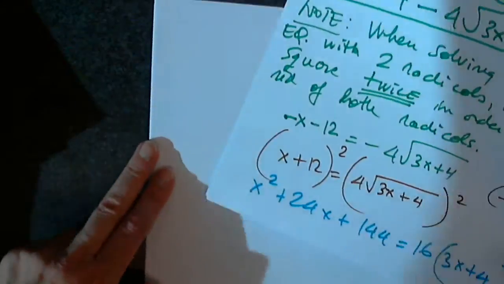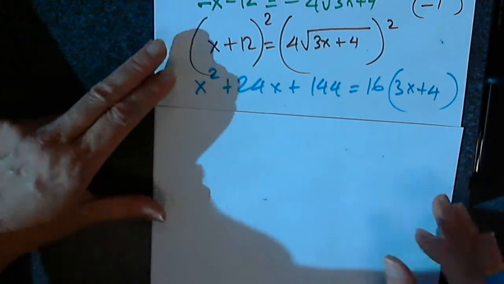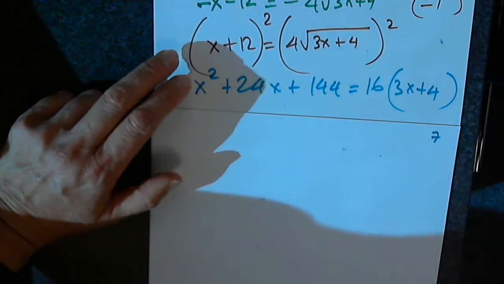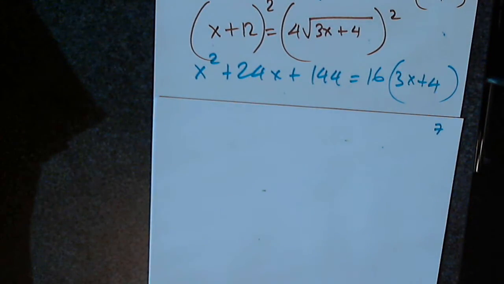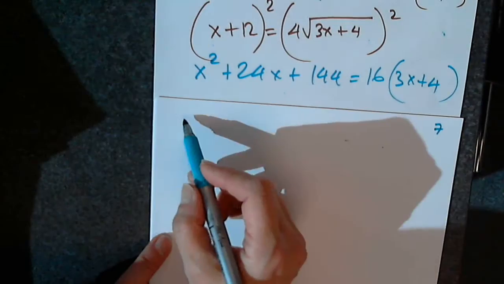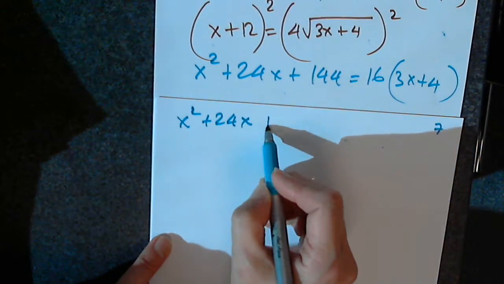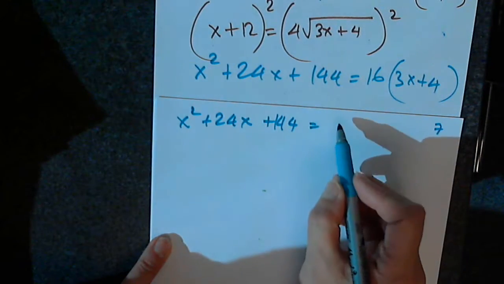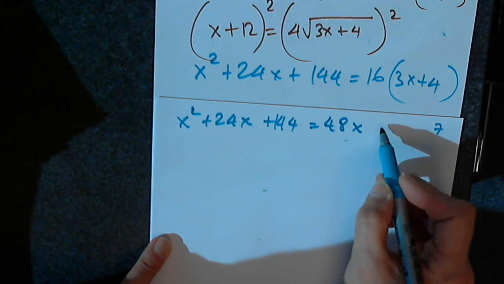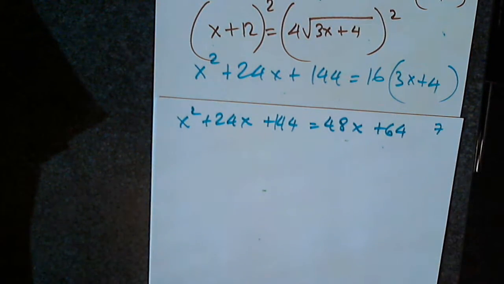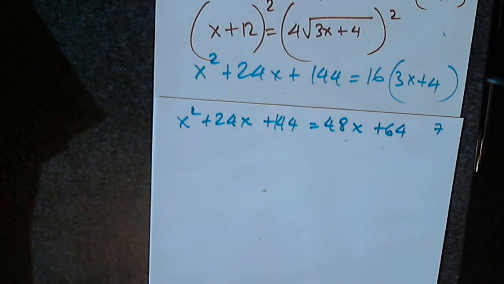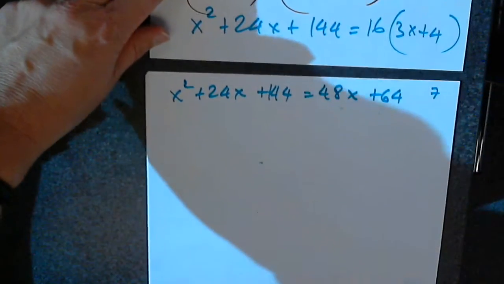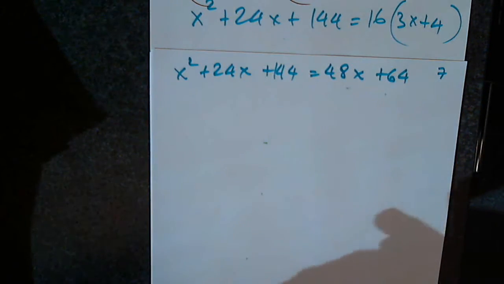Okay. It's far from being done. So this is 6, 7. Okay. What now? So I have x squared plus 24x plus 144. And then? Very good. So 48x plus 64. What now? What type of equation is this? Quadratic, which means,